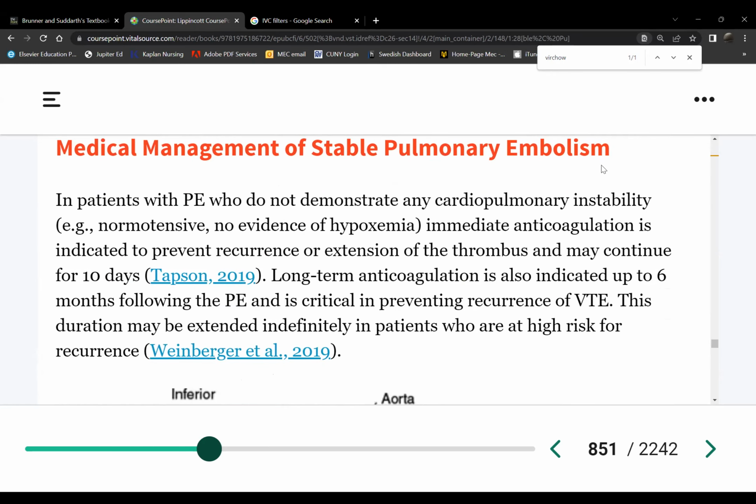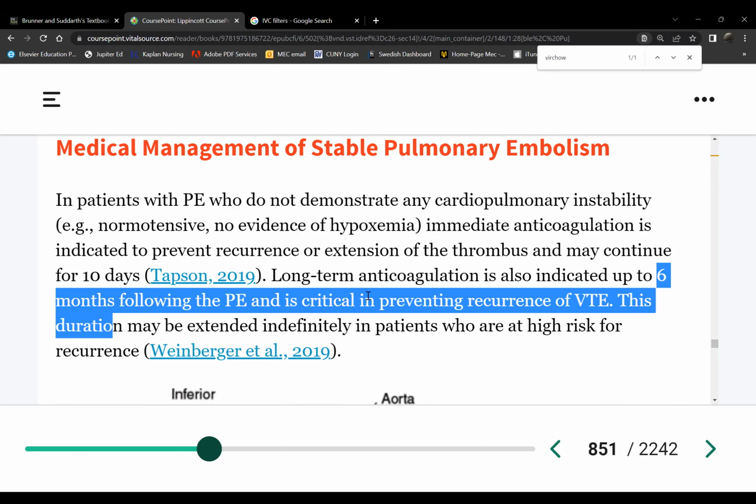Okay, so for stable PE, meaning no hemodynamic problems, meaning these are the low risk and the submassive PE, our mainstay for treatment is simply anticoagulation. How long, the doctor decides that, because they can tell based on the patient's risk factors, meaning what does the patient have? Why did they throw a PE in the first place? So they'll determine how long they'll be on anticoagulants. Typically, if their risk is low, they'll just be on anticoagulants for 6 months. But if they have a higher risk, maybe a few years, or even higher risk, the patient would be on anticoagulants for life.